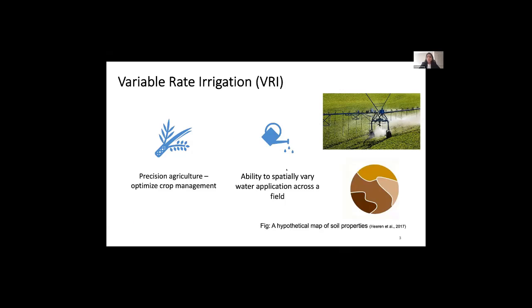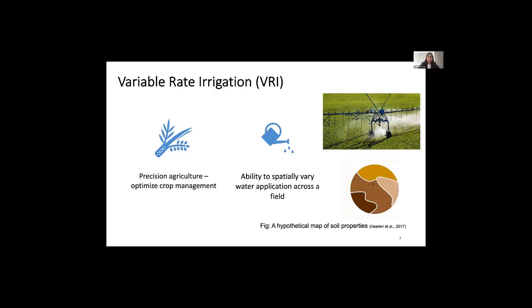Variable rate irrigation is the ability to vary water application every few meters across a field to address specific soil and crop conditions. Dr. Hagwadi already talked about this VRI in detail. So if we see this figure here, the field is divided into four areas or four subregions based on the soil properties. So there is a possibility that we can apply irrigation in these areas at variable rate